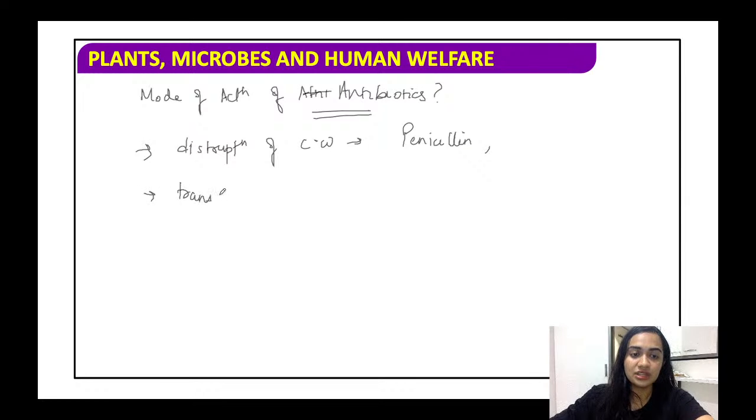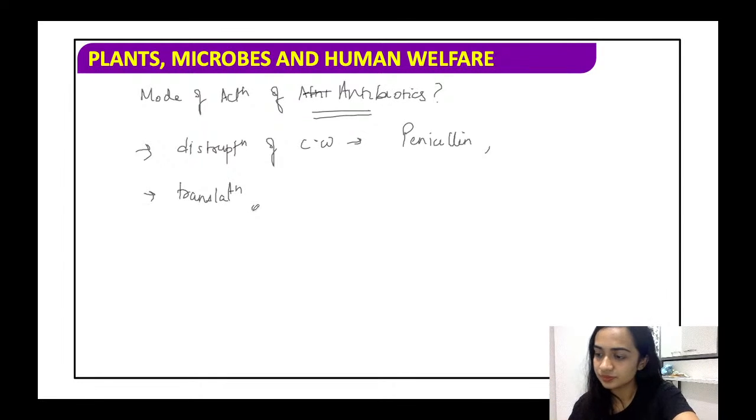ठीक है, या फिर ये आपके बॉडी के 30s 50s राइबोसोम्स को अफेक्ट करता हो, या इवन stopping the formation or disruption basically of your plasmalemma. तो ये सब मोड ऑफ एक्शन होती है आपकी एंटीबायोटिक्स की। फाइन।